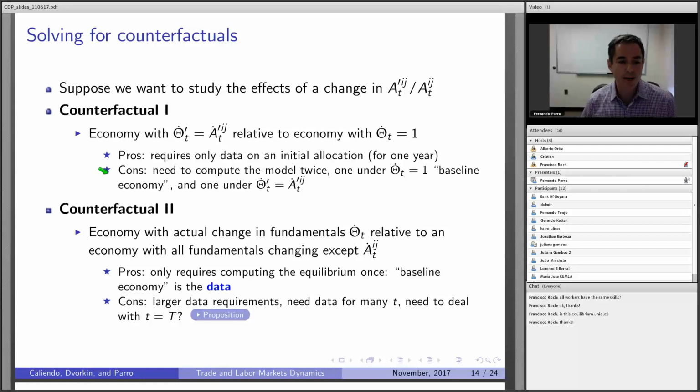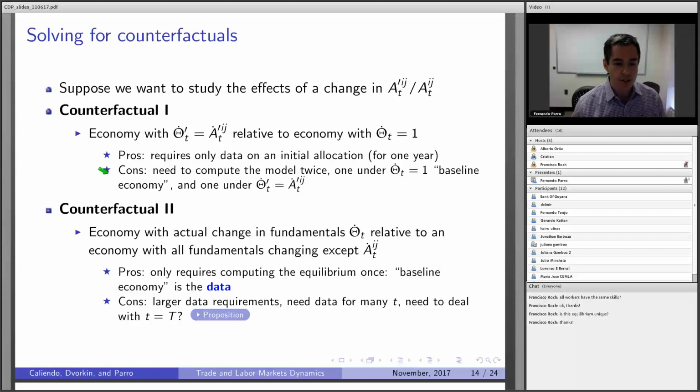Both counterfactuals are well defined, in the sense that I'm going to explain in a moment. Both are going to give us the effect of changes in productivity in China. The difference between counterfactual 1 and counterfactual 2 is about what we assume about the evolution of the other fundamentals of the economy,